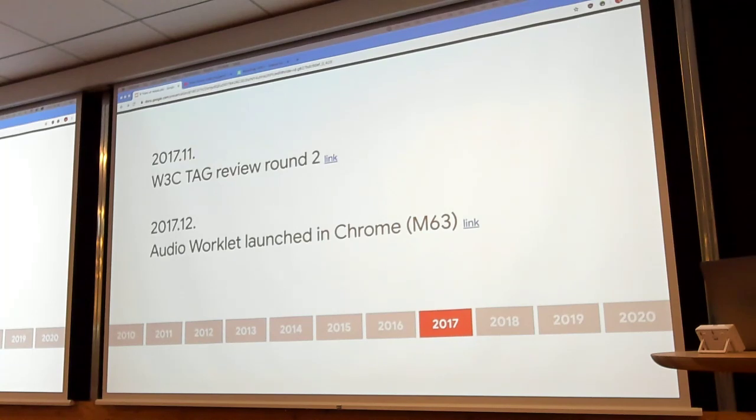Right after the sign-off from the TAG, Chrome actually shipped audio worklet behind an experimental flag, in M63. It was a really exciting moment in many ways, for me at least, because audio worklet became available, and the other cutting-edge features like WebAssembly and SharedArrayBuffer all suddenly became available at around a similar time. So a lot of audio enthusiasts and audio developers just started to jump in and started doing things that had never been possible on the web. It was a really inspiring moment.